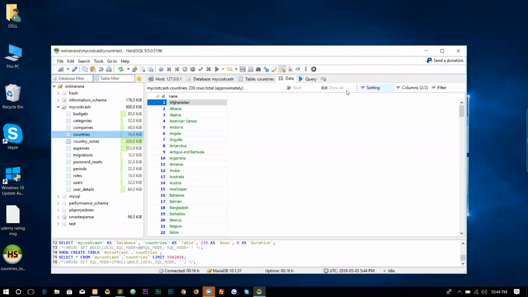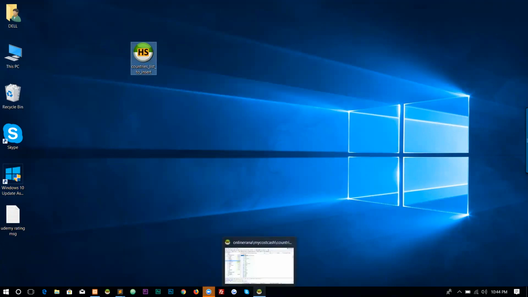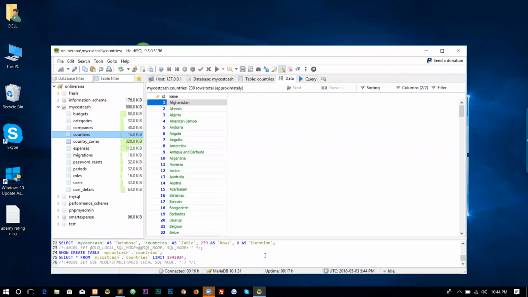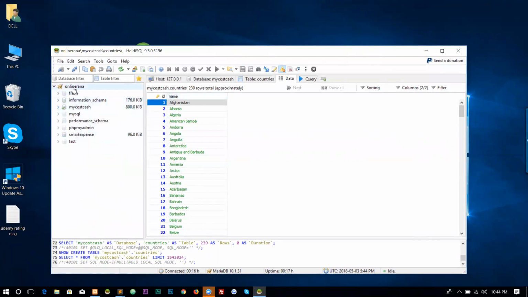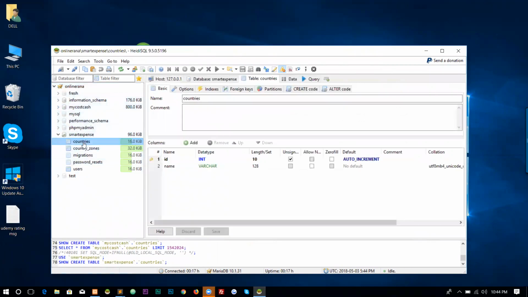Okay, we can see now the script has been created for us, and here is the script. So there is the file, countries list to insert, and we now need to import it into our new database. Okay, close it and come to our smart expense database, and we have to just select the countries first,